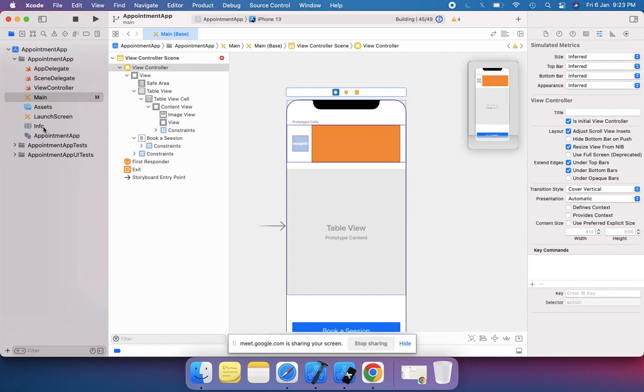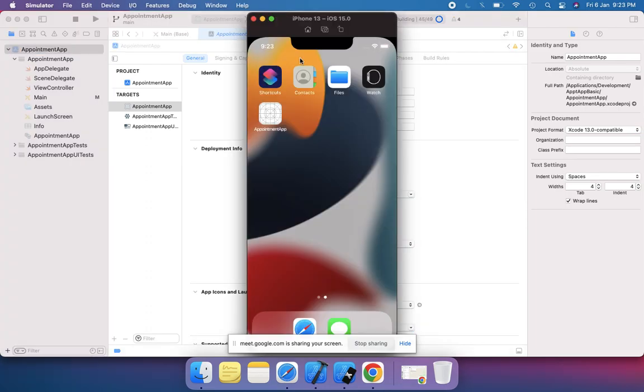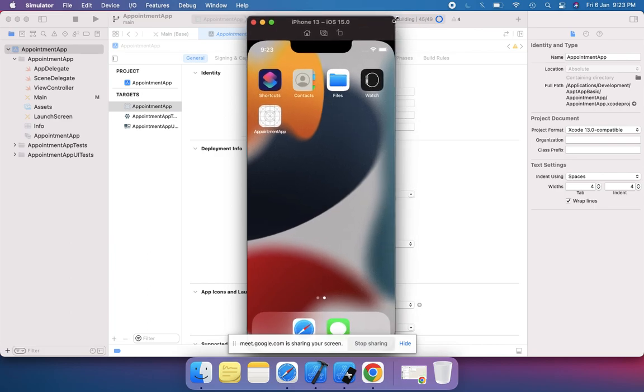So maybe we have to set our launching main view. It is an initial view controller main interface, right? Okay, let's see how it goes. If you run this now at your end, it